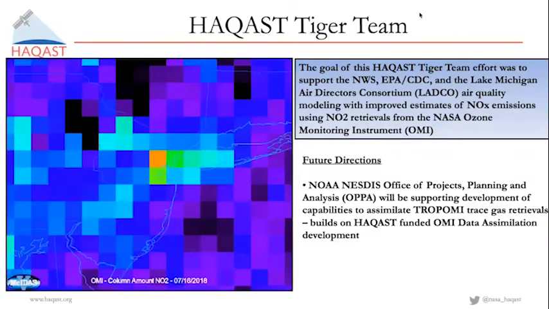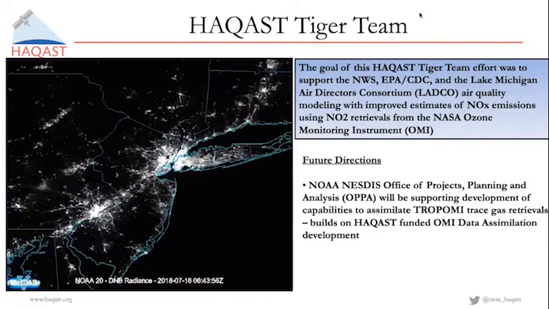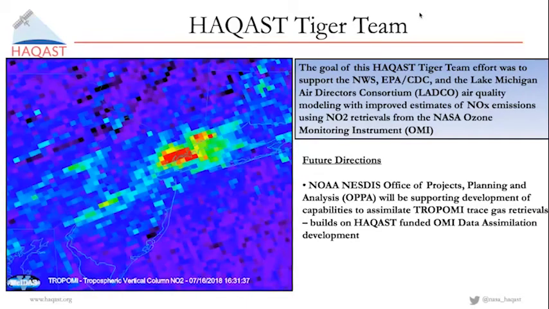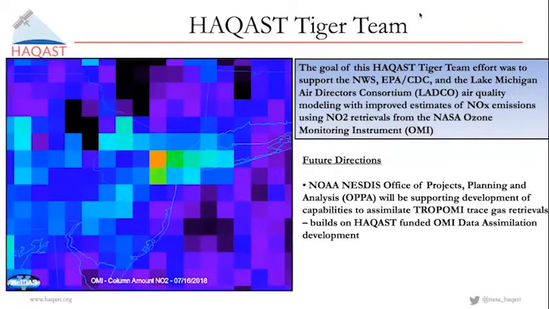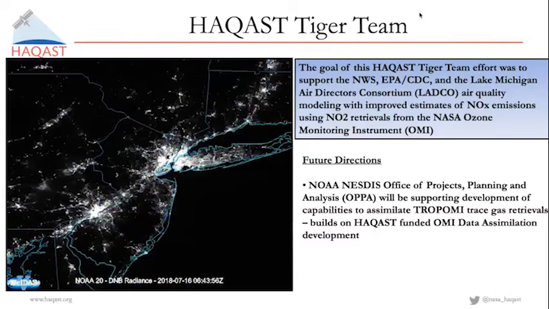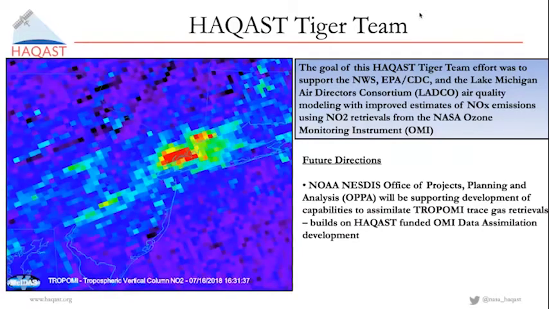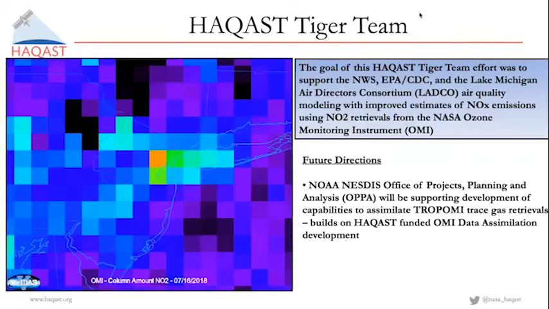And one of the key points or take-home messages, I think, from my experience is we can't just do a Tiger Team activity and throw it over the fence to our partners. We need to find ways of sustainably engaging our partners so that work can continue in the future. So what I'm going to report on here is some of this work that we had planned to go forward